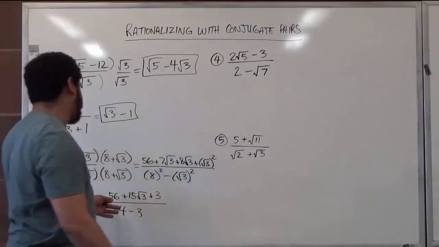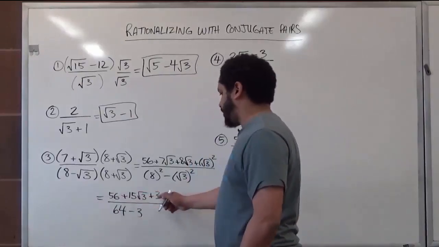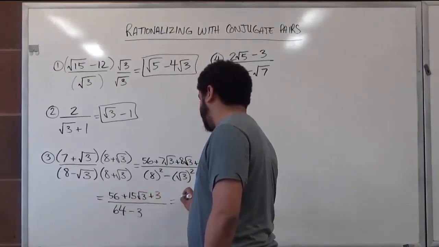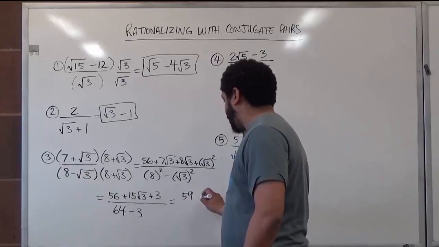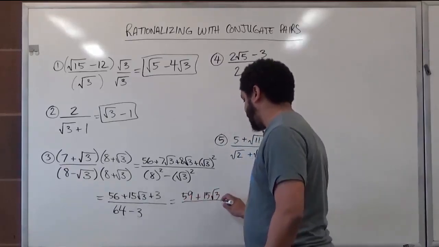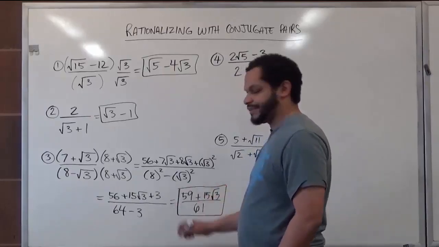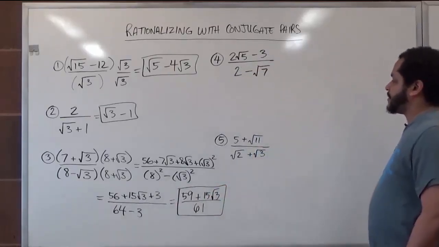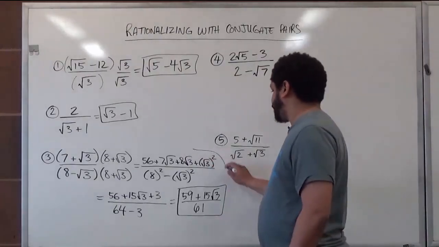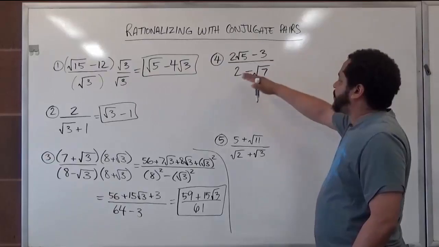And now we'll just continue writing everything out. So we have 59, because we have 56 plus 3 is 59. And we have here positive 15 radical 3's, and on the denominator side we have just 61. And here's our completed rationalization. All right. Moving on to the next problem, we see we have 2 radical 5's minus 3 over 2 take